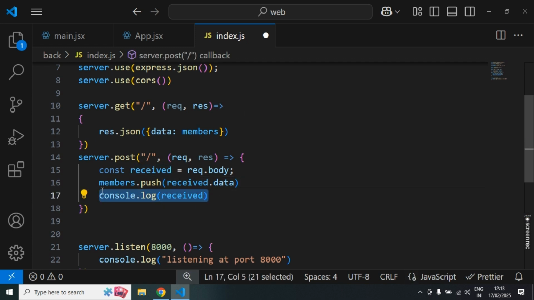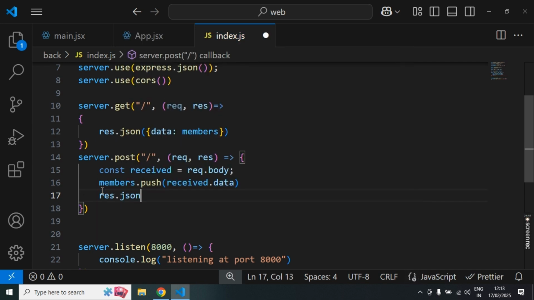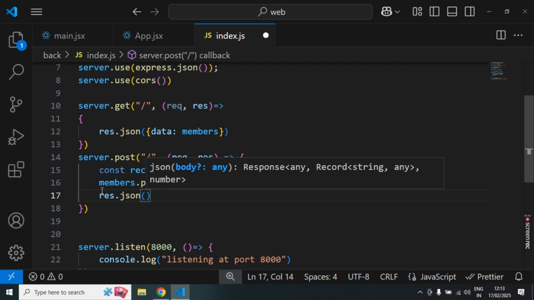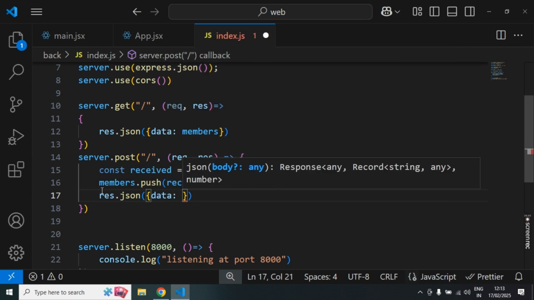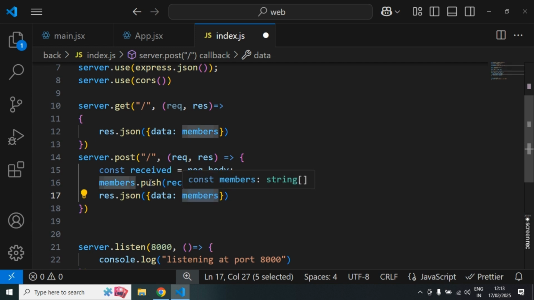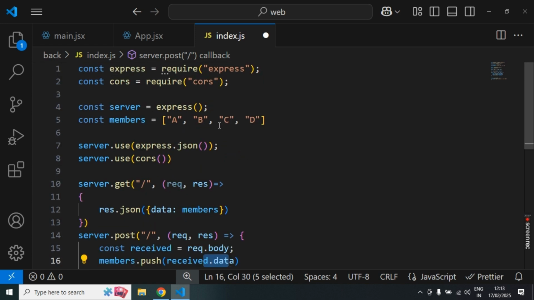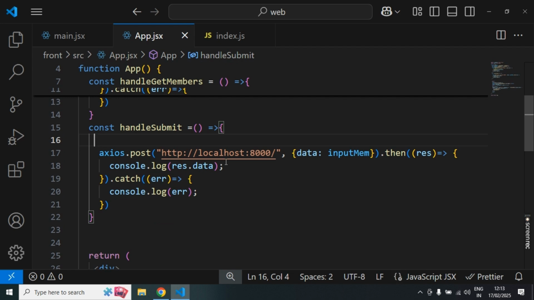I will just write response.json data is equal to members. If it has been successfully updated, I will just send the members by updating the members by pushing the updated member. Let's save the change and go to this front end side,